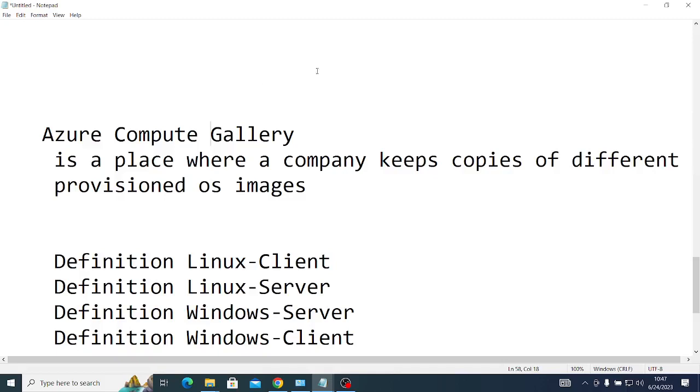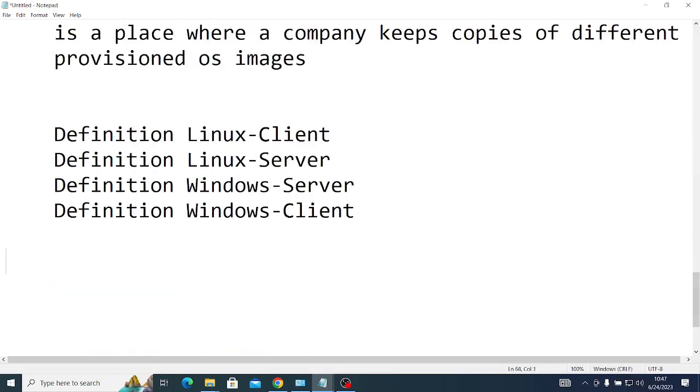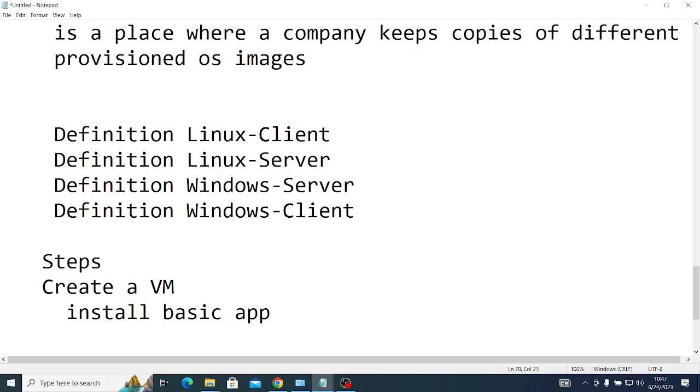Great. Now, our lab environment is going to be like this. These are the steps. We're going to create a VM, then capture. But of course, on this VM, we'll install some basic app, maybe to see what really happens. Basic app like maybe VLC. Since virtual machines don't come with VLC, that will be enough for us to see the changes. Install a basic app like VLC, then